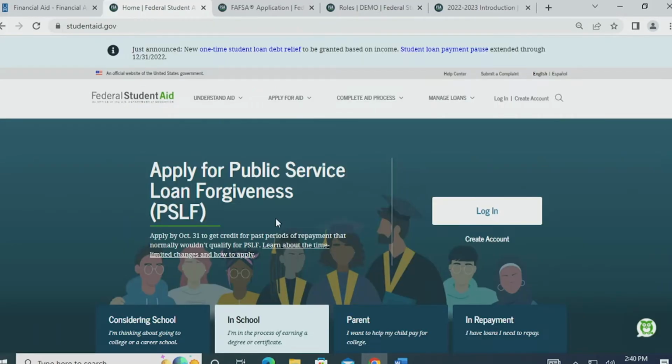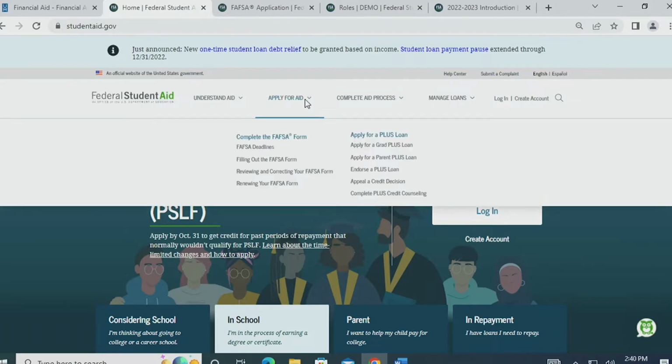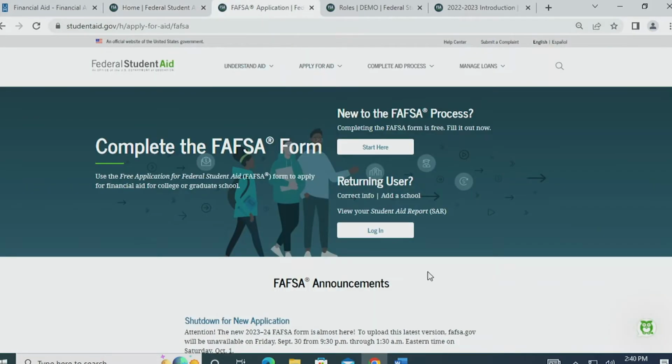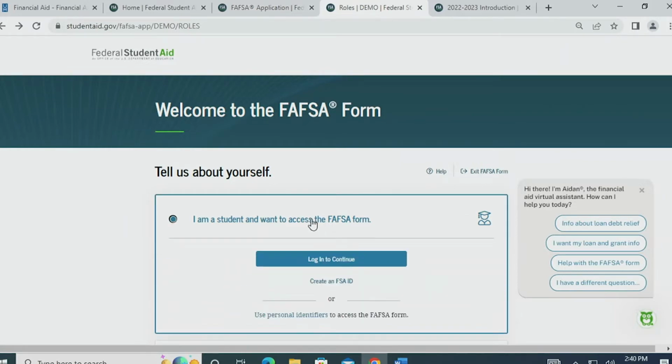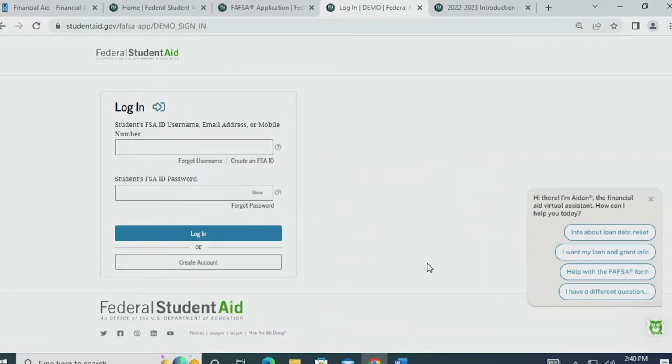To complete the FAFSA, you will need to go to studentaid.gov and scroll over Apply for Aid and then click on Complete the FAFSA form. We encourage students to complete the FAFSA with their parents' assistance if they are a dependent student, according to the FAFSA. For this walkthrough, we will be using a demo FSA ID for a dependent student.